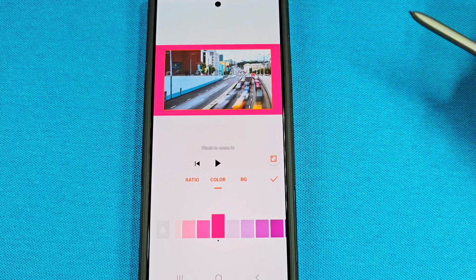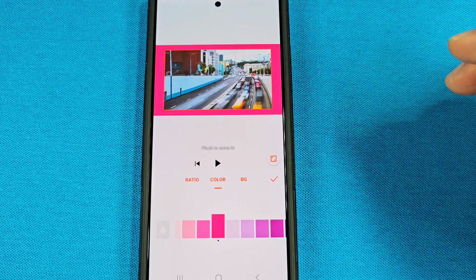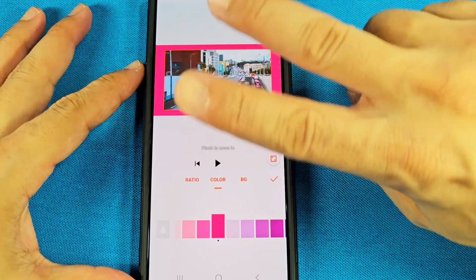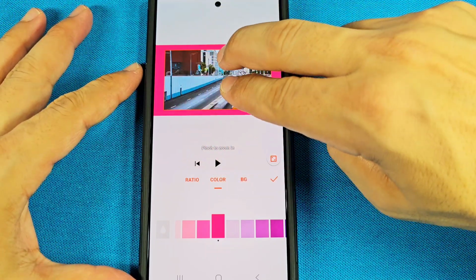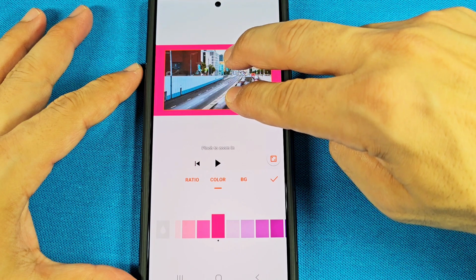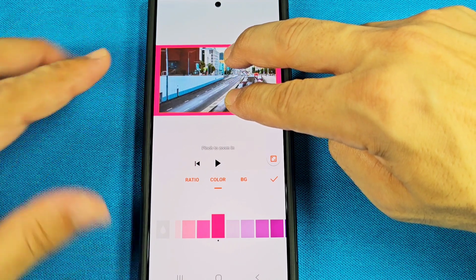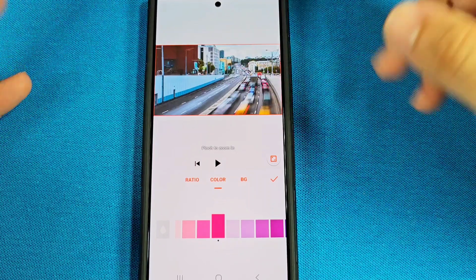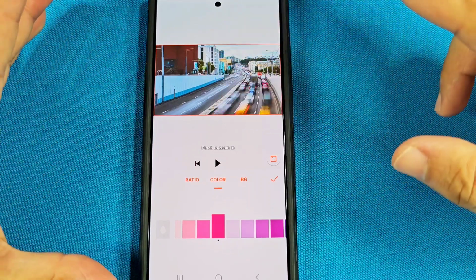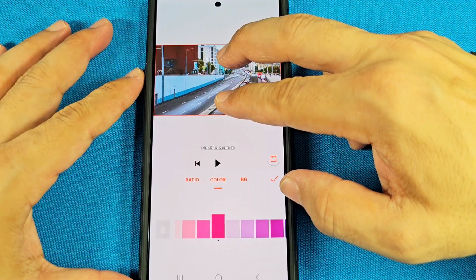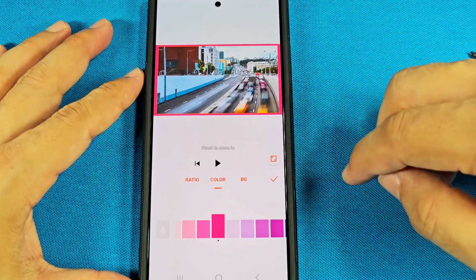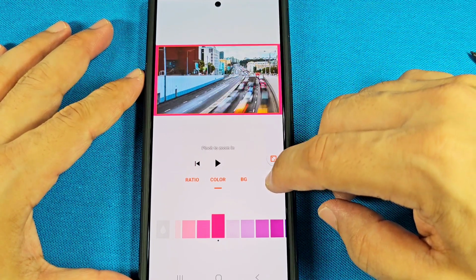thick borders. And of course, we don't want it to be like that unless you want it to be like that. Now, if you want to actually make the borders thin, take your two fingers like this here, and you can zoom in or zoom out. As you start to zoom in, you'll notice that the frame is getting smaller, and that's because you're just simply expanding the video here. But you want to do this as slowly as possible to catch the slimmest version of it being like this here. Okay, so if this is something like that, maybe perhaps, and you just press a check mark,